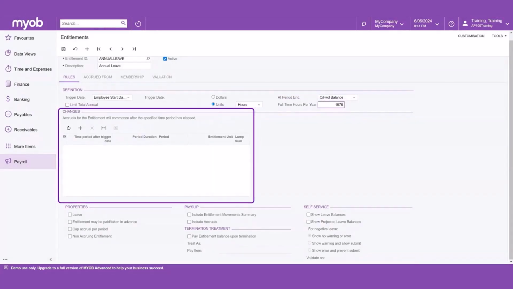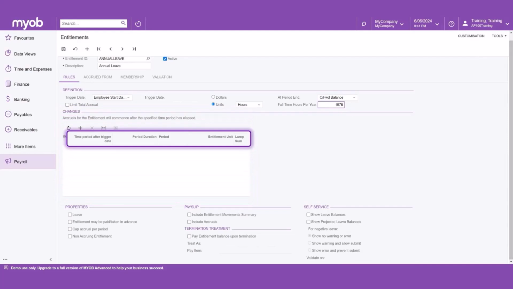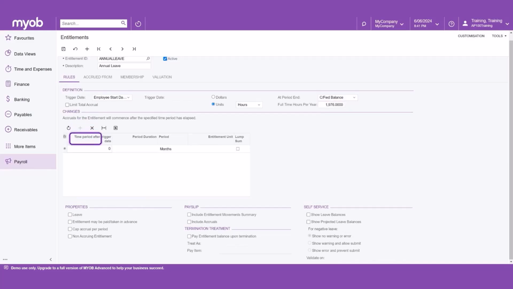The Changes section allows you to specify the entitlement accrual per period. This section is broken down into the time period after the trigger date, period duration, period entitlement unit, and lump sum. In this example, the entitlement is set up to start on the employee's start day, and the time period after the trigger date is 0. This ensures the accrual will start from the first day.